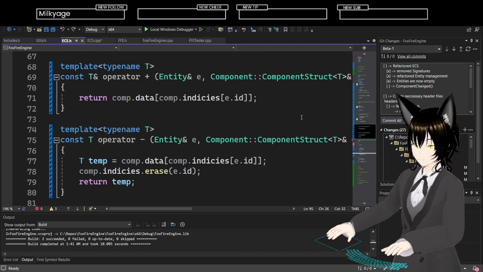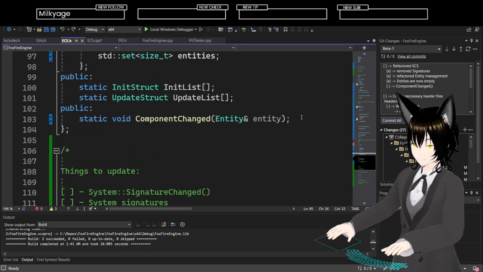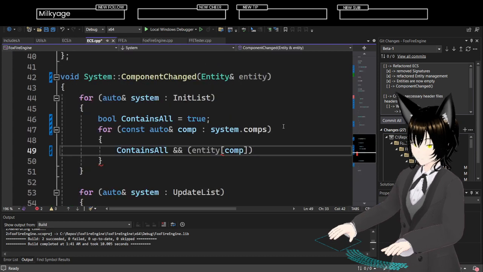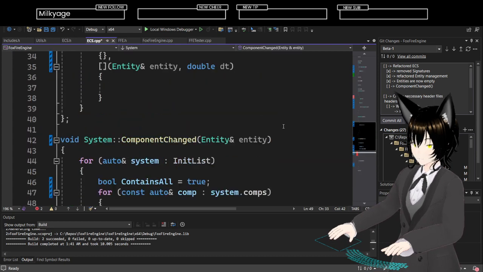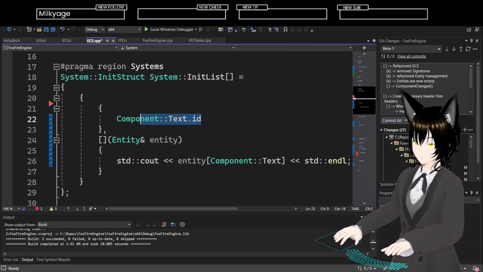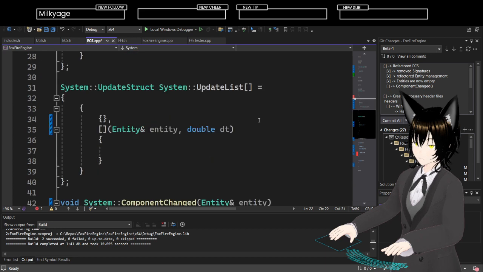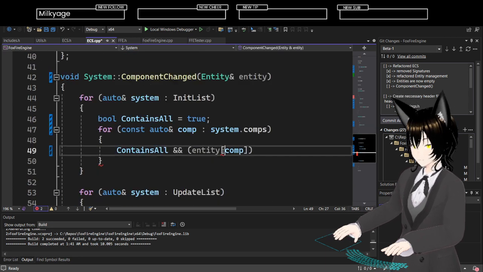And I can't exactly just dereference the integer. I also don't have a reference. I just have the ID. Which means the entity.